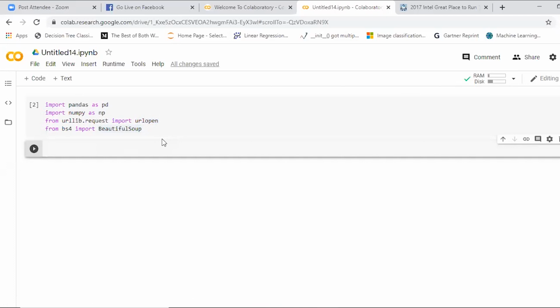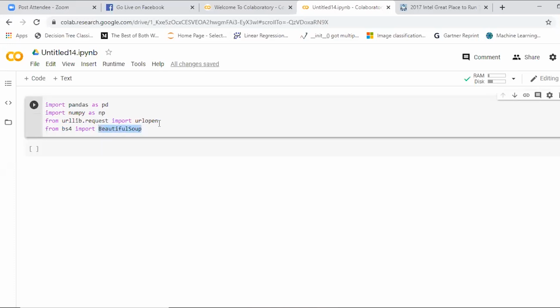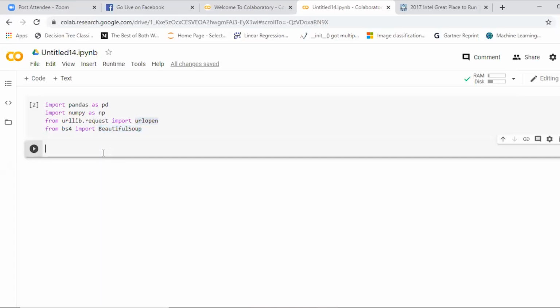Web scraping is where I try to extract content from the web. I don't need to use any other thing. I did not get your point. You can mount the drive, what you are saying. So Beautiful Soup is used to extract the content. urllib is to open the browser.